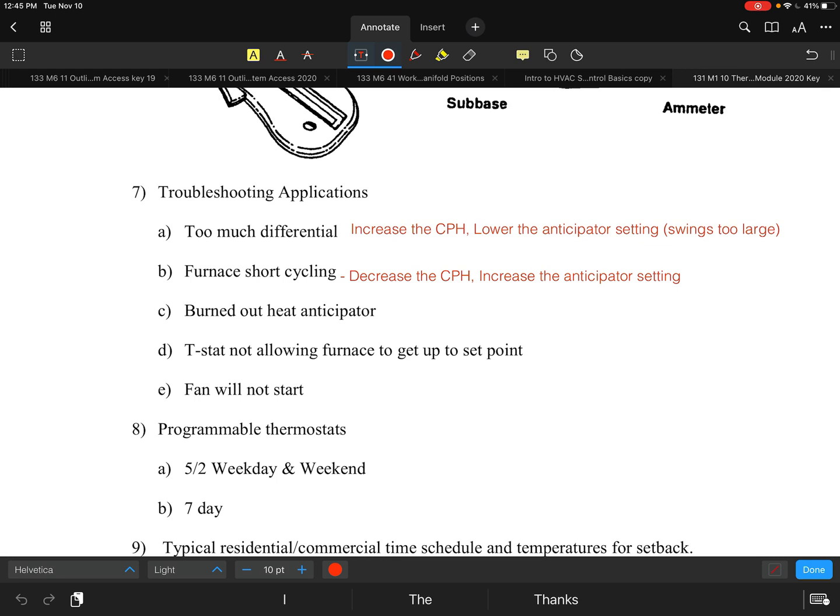All right, let's go to the next one. This next one deals with a burned out anticipator. You have to ask yourself, what in the world is going to burn out an anticipator? First, I'll give you the most typical way, an easy one that has happened to almost everybody at some point in their career: you disconnect a wire and